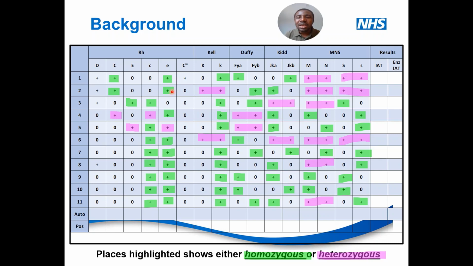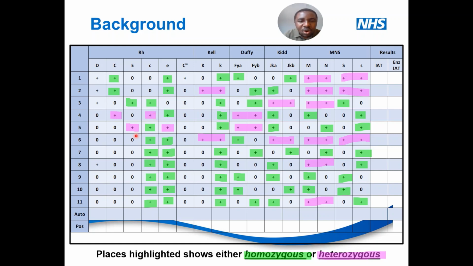Therefore, little e is homozygous in cell number 1 and number 2. So it's homozygous, okay? Now, let us talk about where it is heterozygous, okay? If you look at big C, it is positive in cell number 4, and small c is also positive in cell number 4. So at cell number 4, big C positive, small c positive, it is a heterozygous antibody,